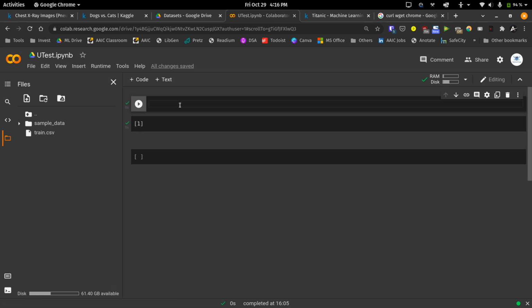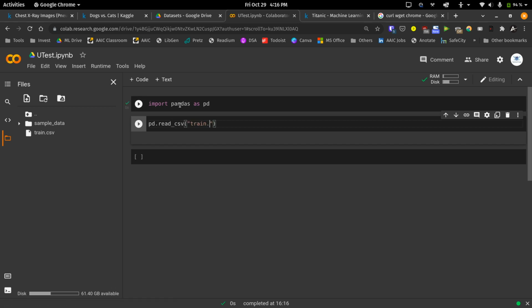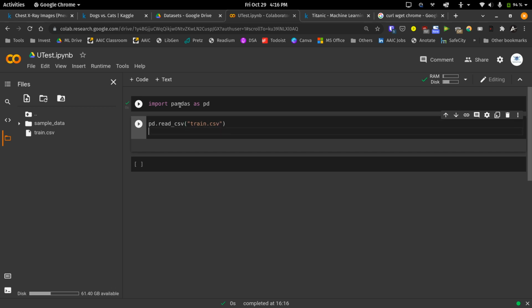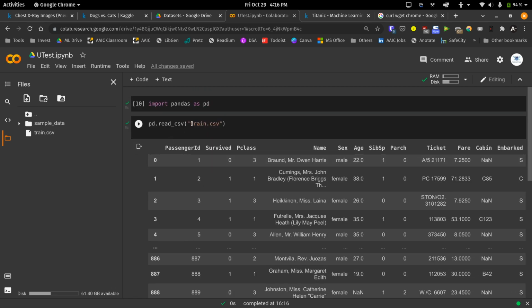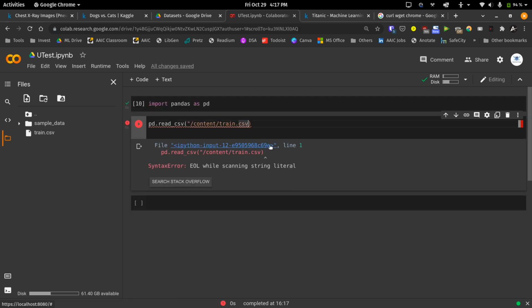Let me just try importing pandas and checking once. Okay, so when this is done, you can just load your files. Yeah, we're able to load successfully, and generally the path starts from this directory, so you do not need to give anything else. If you want the absolute path, you can right click on this file and click on copy path. So this would give you the entire path. So /content/train.csv, anything is fine.